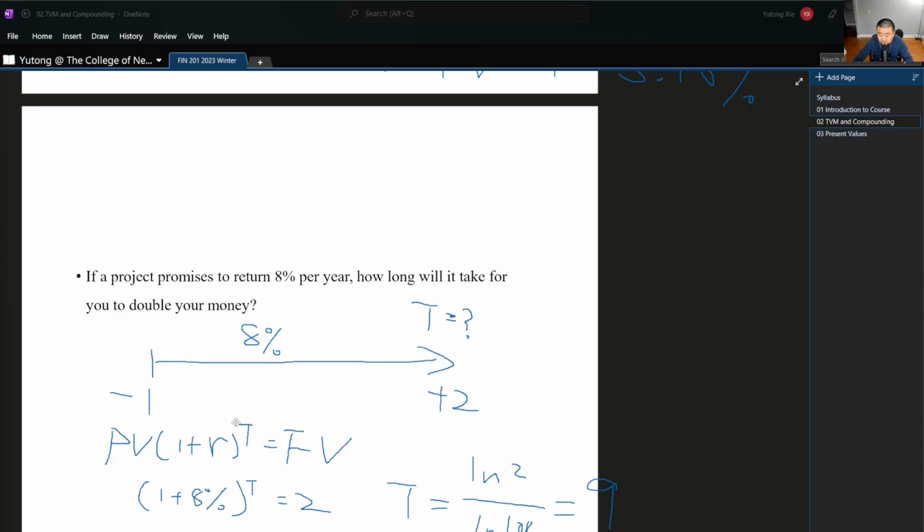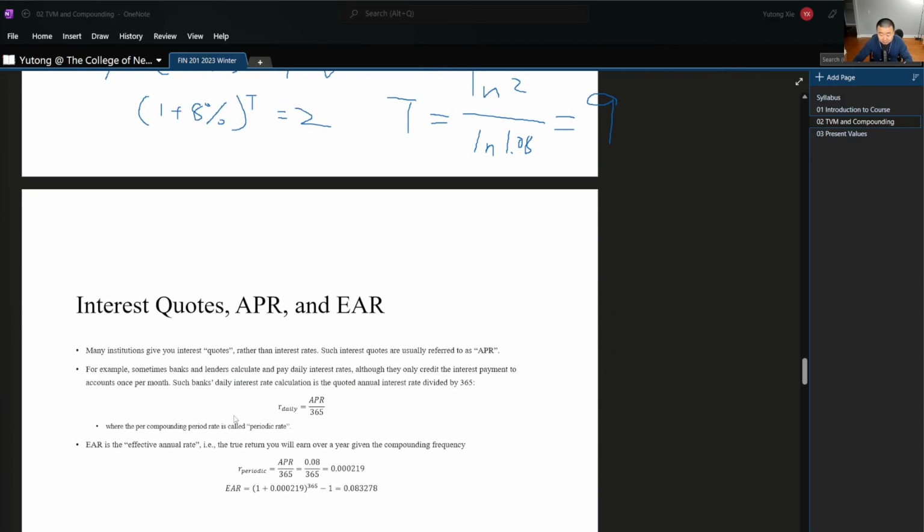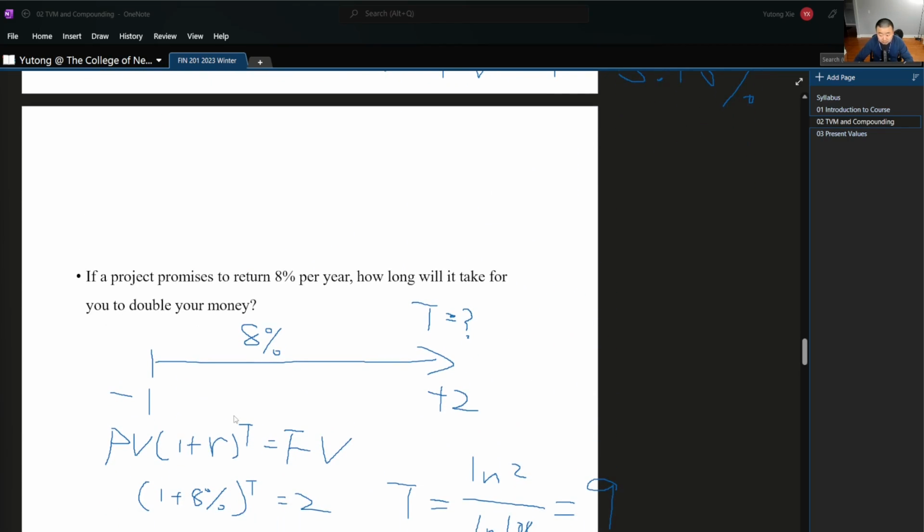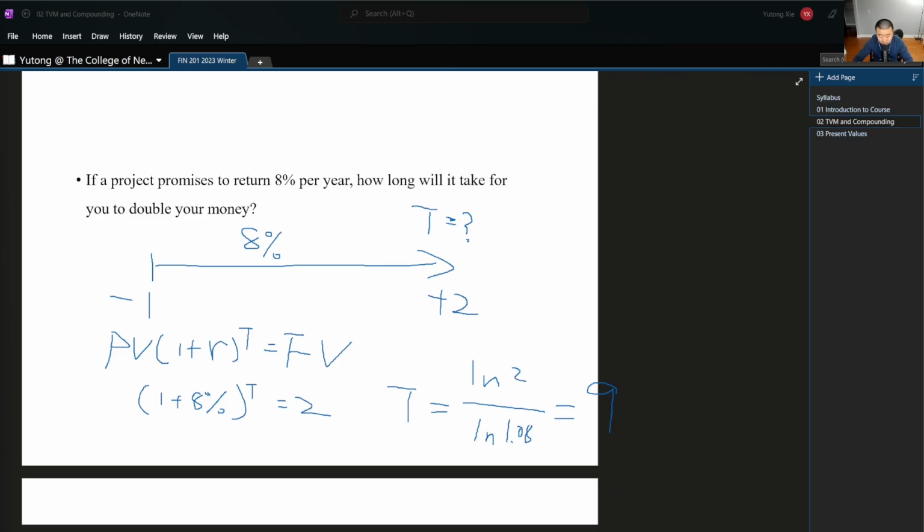Okay, this video should continue from the previous one where we finished talking about the present value, the future value, and the return and t, and how they can relate together. So we have a formula like this. It's basically saying that present value, that is how much your money is worth right now, multiplied with 1 plus r,